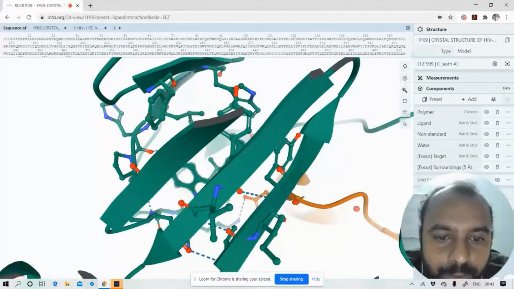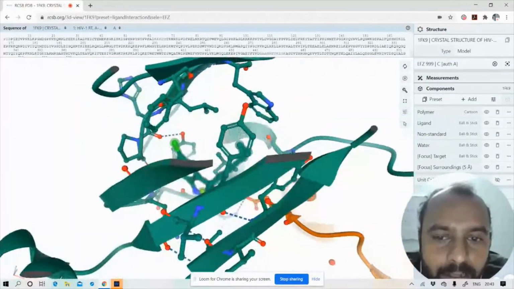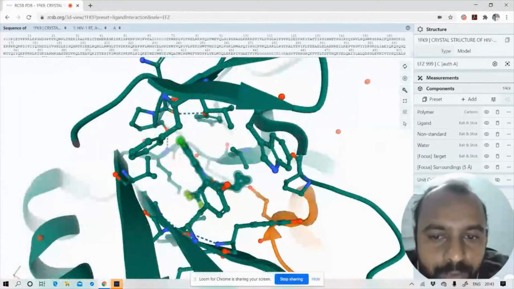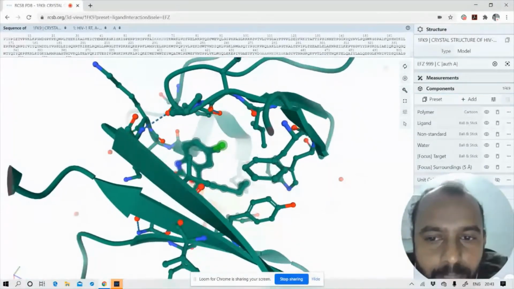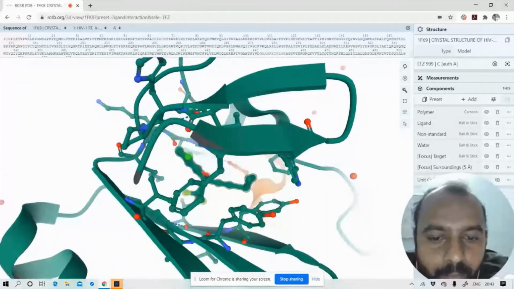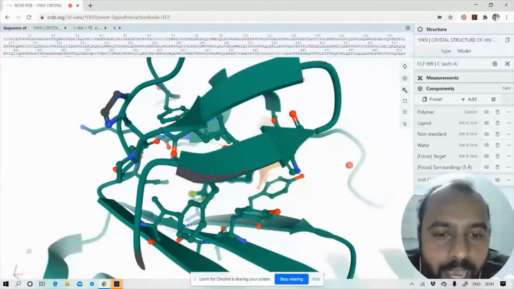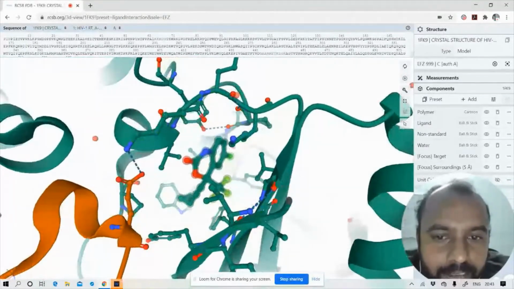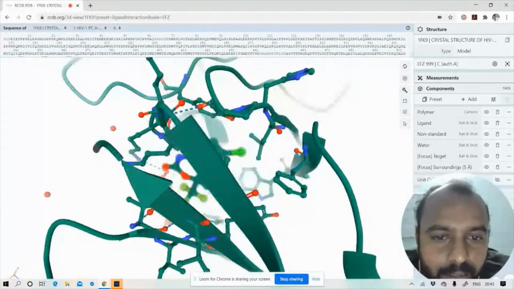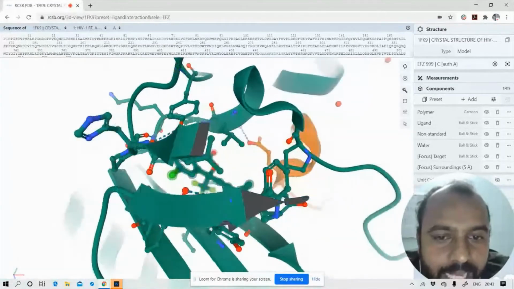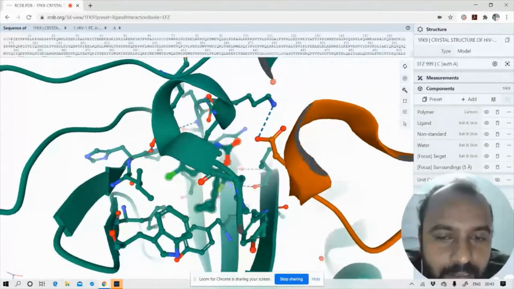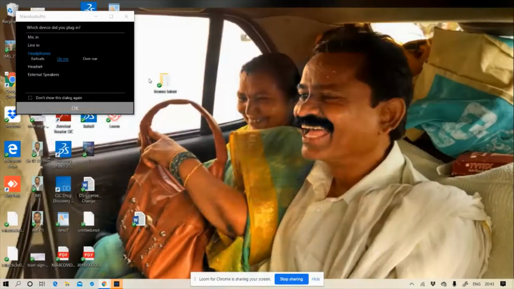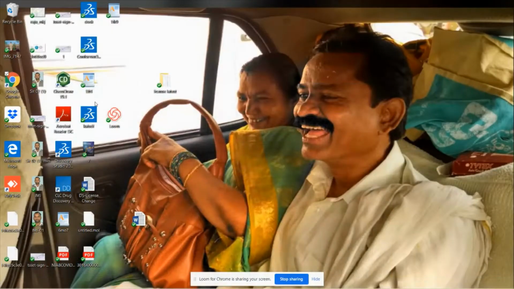That means you need not retain any water molecules while performing docking, as the binding pocket within 5 to 6 angstroms has no water molecules in the vicinity of the co-crystallized ligand, that is efavirenz. Fundamental information. So let us go back to the software.